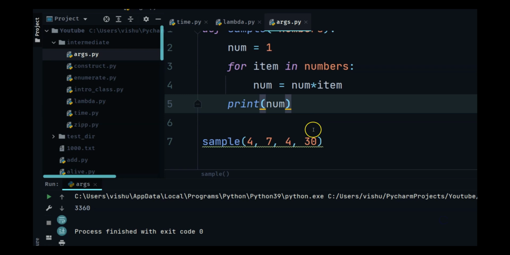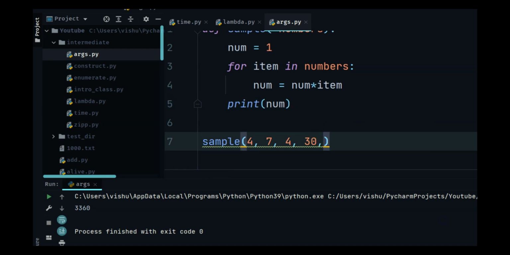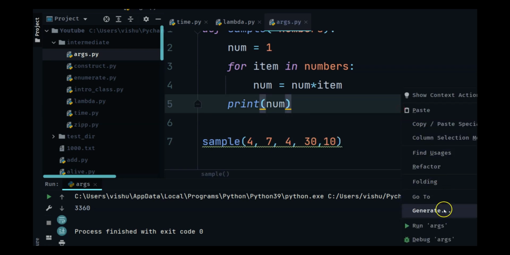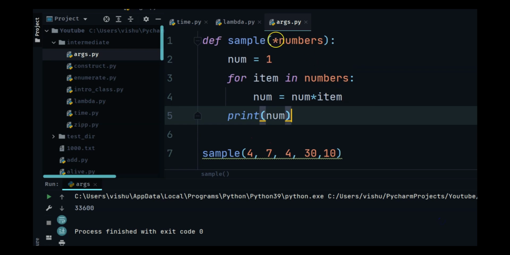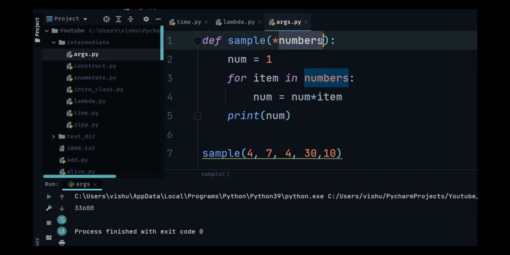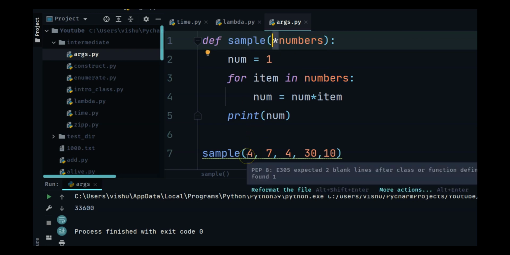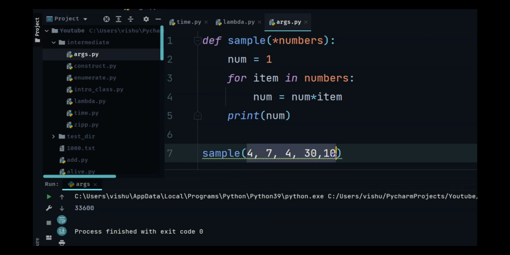He's trying to pass in many arguments, but you can handle all of that because of this args, or the star numbers thing. The star is actually telling the function to take any value that is coming from here. So we don't have to specify the same number of parameters.